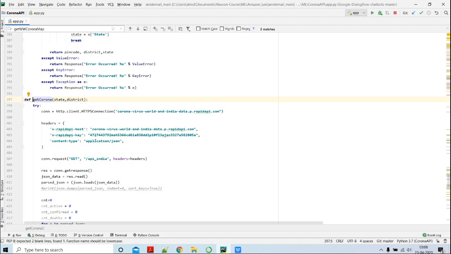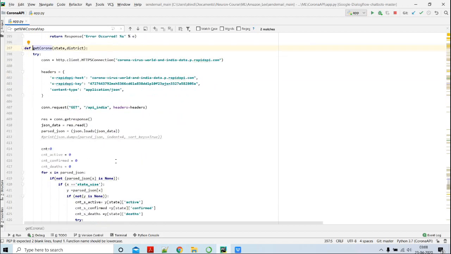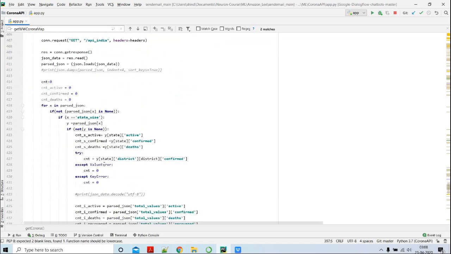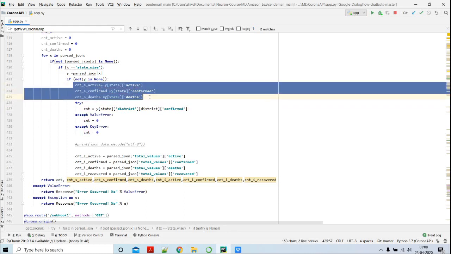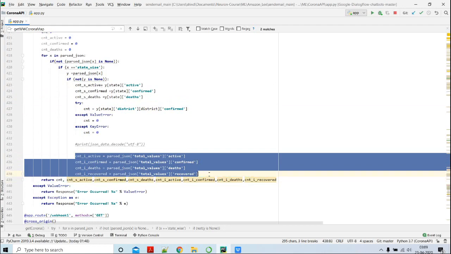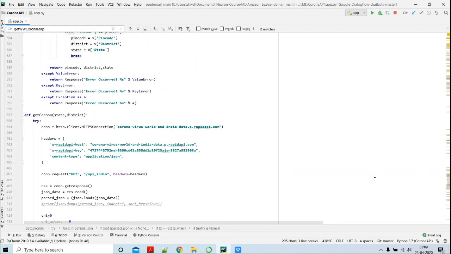Once I pass that data, district wise and state wise, to this particular JSON, I filter out the total count in the particular district. Then I calculate what is the data for active, confirmed and deaths for the state, and what is the data for India. So once I have all those things,